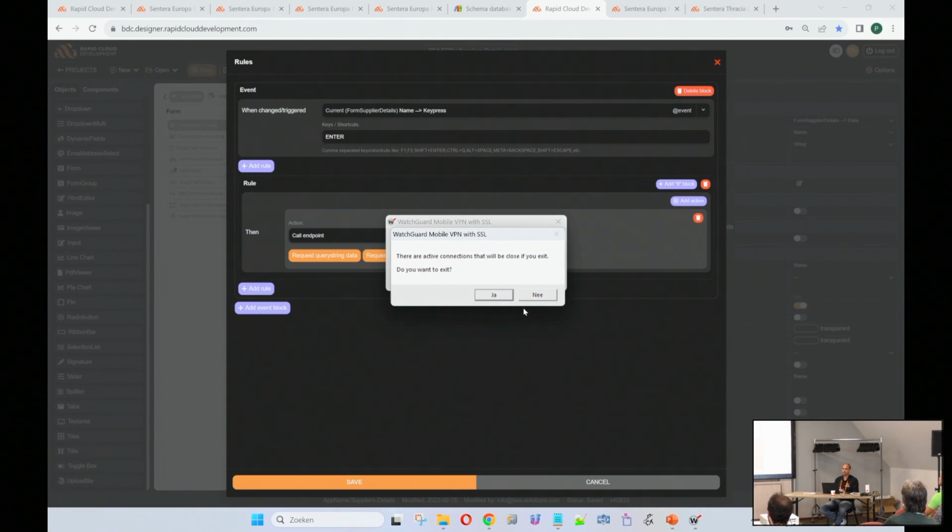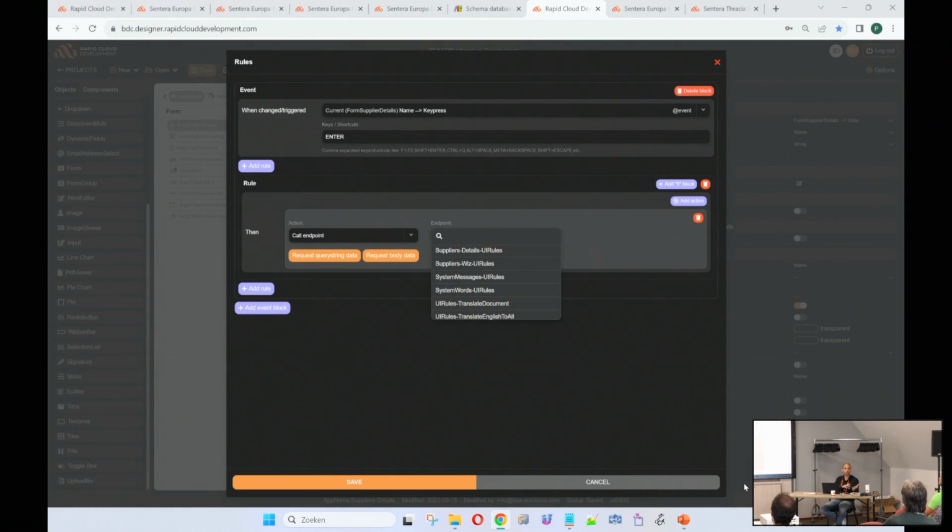To instruct the UI rules manager to do certain actions, to hide stuff or to make stuff visible. I'll actually pack all the data and UI from the screen, send them back to the backend. Yeah, it can send it back to the backend, but at the same time, you could also do things here